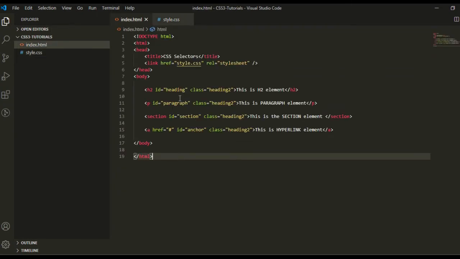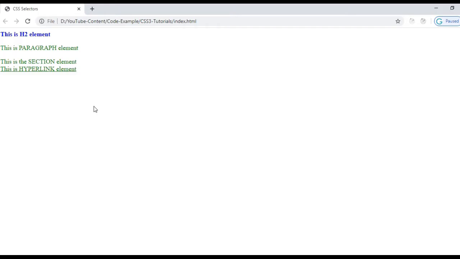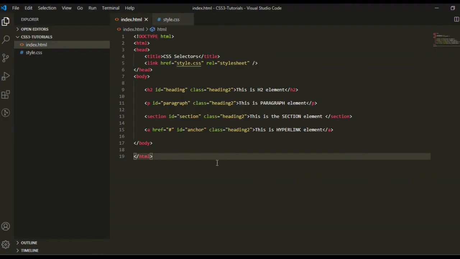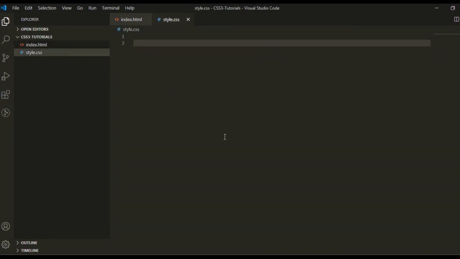and first we will see this HTML code in the browser before applying the changes. Now there is no CSS applied on these HTML elements. Now go to our CSS.